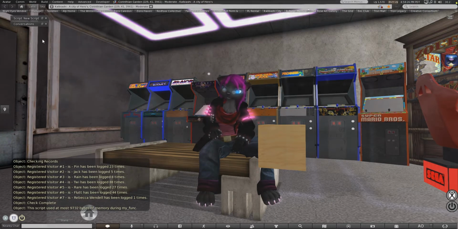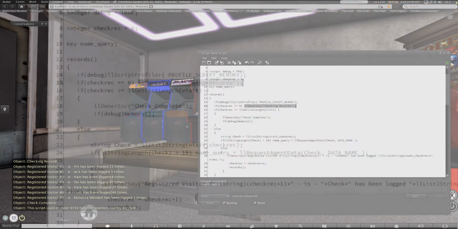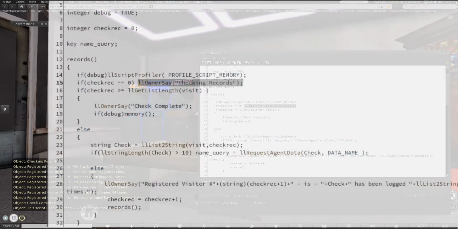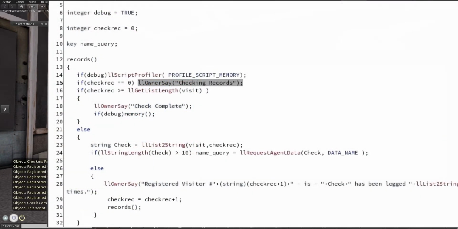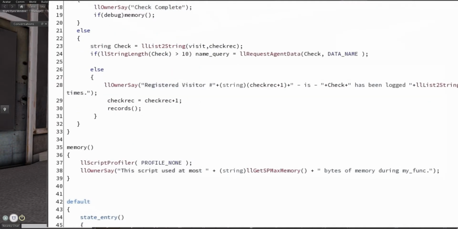So we're going to pop back into the script. Now that we have extra data to work with, we can go through and log this based on frequency of appearance. And the way we're going to have to do this is going to involve creating an entirely new set of lists. So you might wonder, how do we go about creating the new lists? Well,